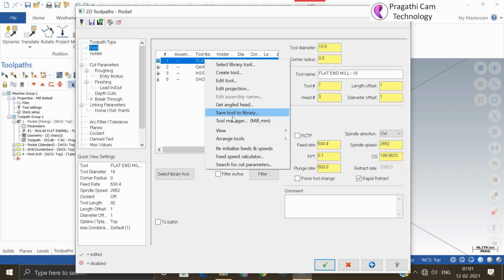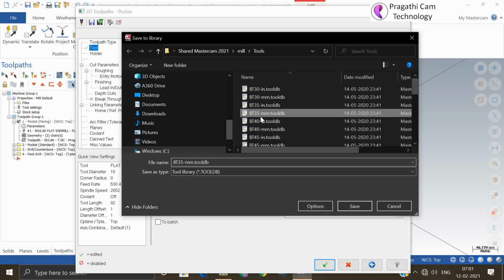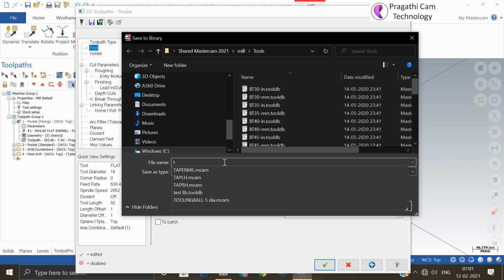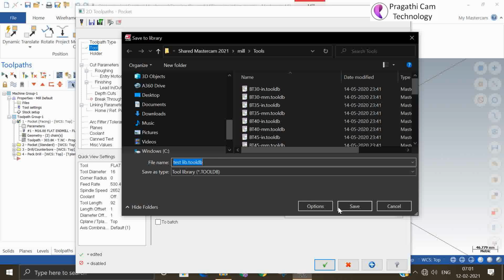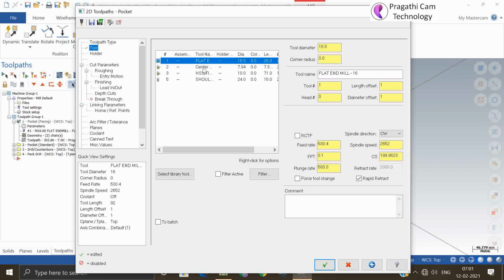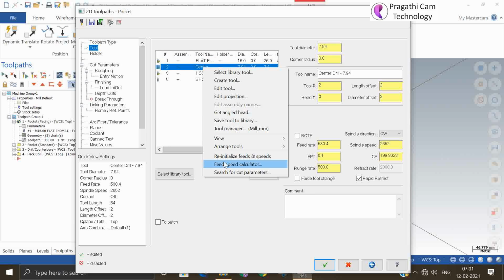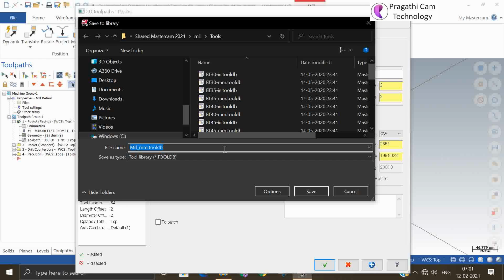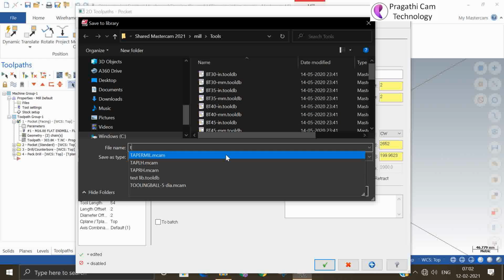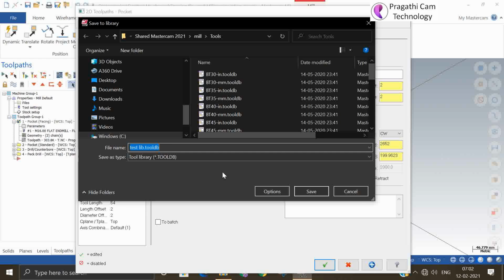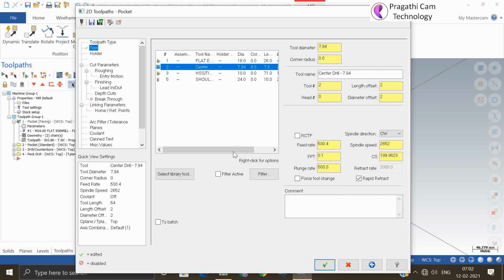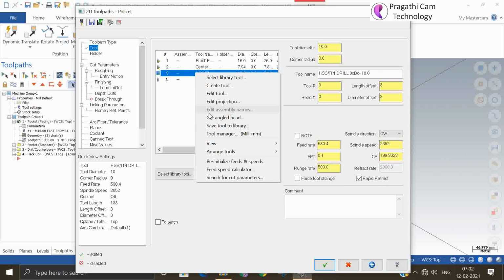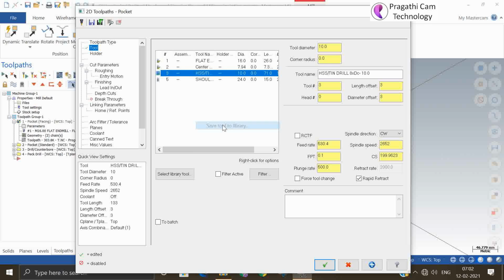Okay. So now I will save some tools in the test library to show you. All these tools I will save in the test library. Now almost 4 tools we saved in the test library.